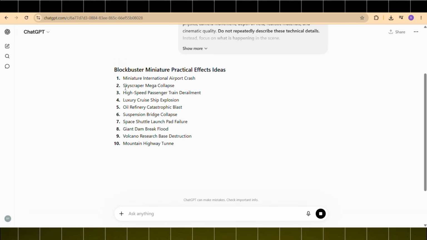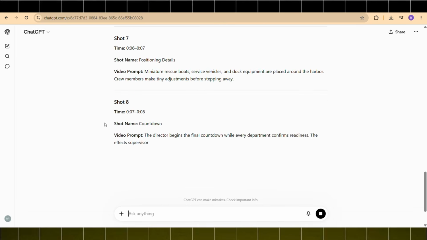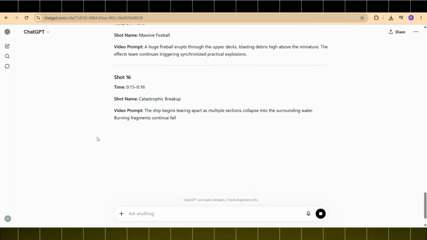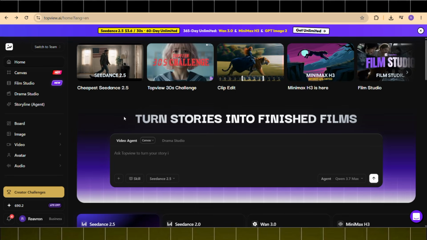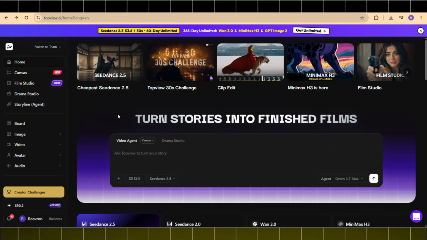Then GPT will provide us 10 different scenes. You can also provide your own scene. But for now, I am going with the third one. Then GPT will provide us a highly detailed video prompt for our video. Copy this whole prompt. To generate these behind-the-scene videos, we are going to use the Seedance 2.5 feature from Topview